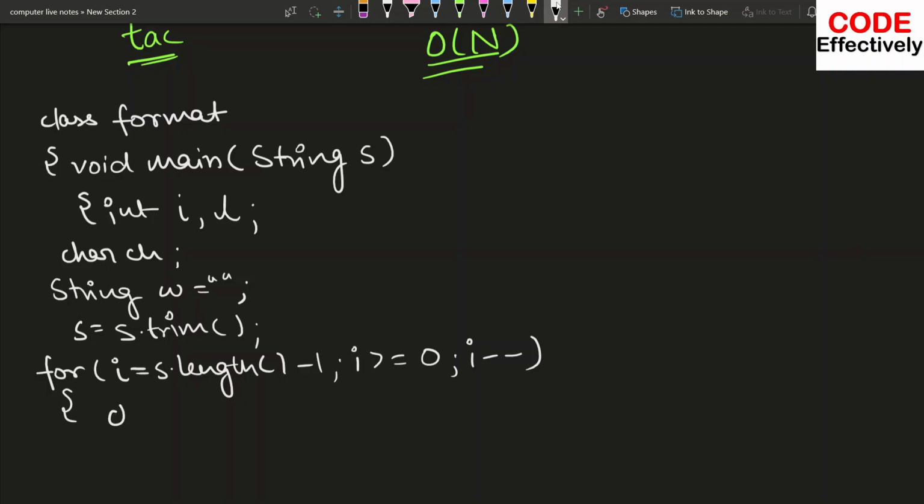Then I will extract each character of that string, and store that character in this ch variable. Now we will check if this character is not equal to space.